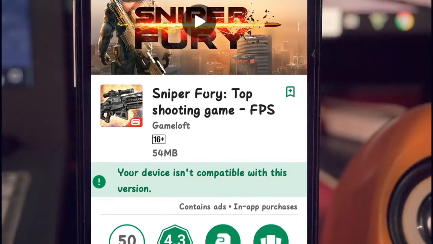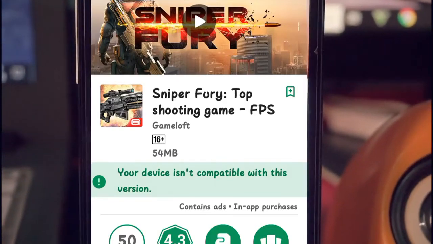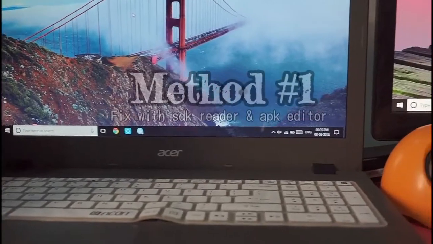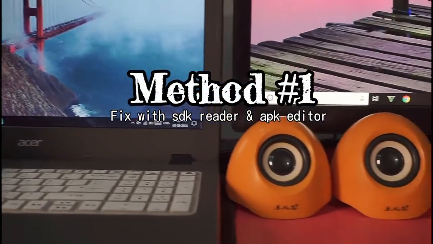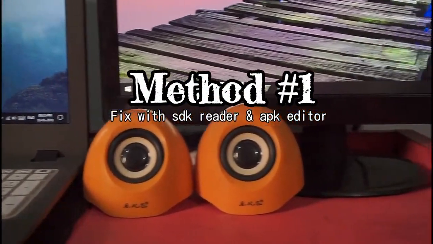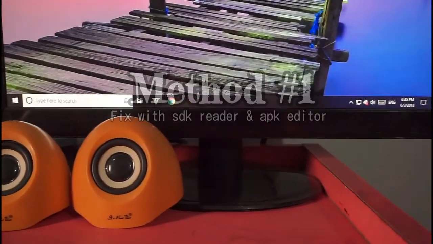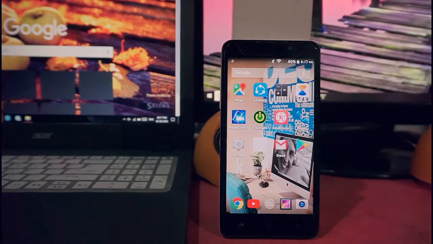So this is your error. Okay, watch this video till the end to solve this. So firstly what we are gonna do is just try to solve this with some apps called APK Editor and